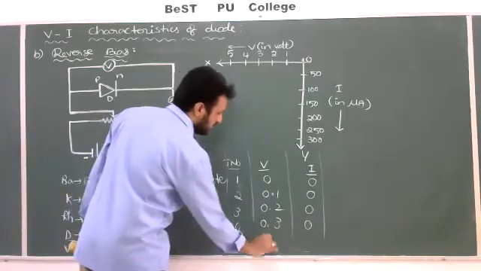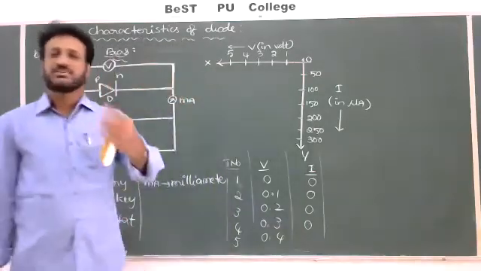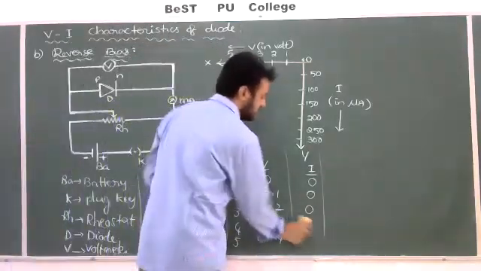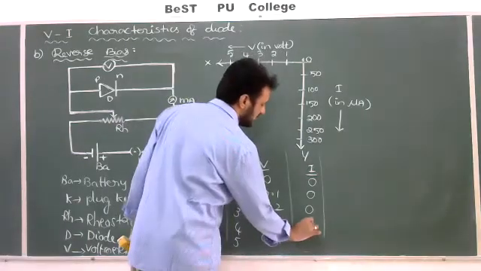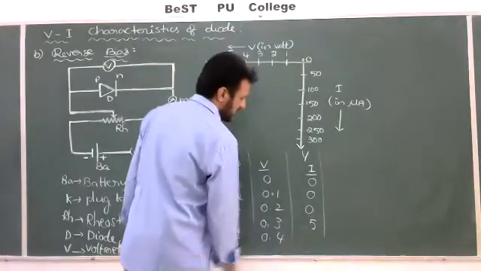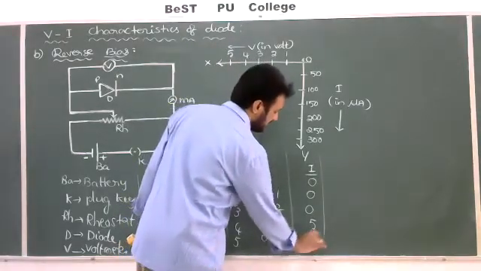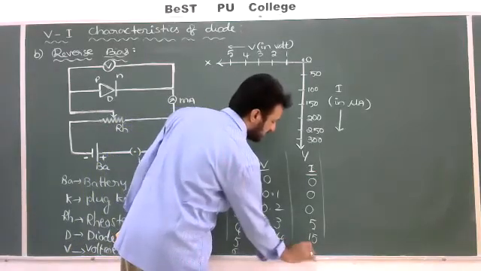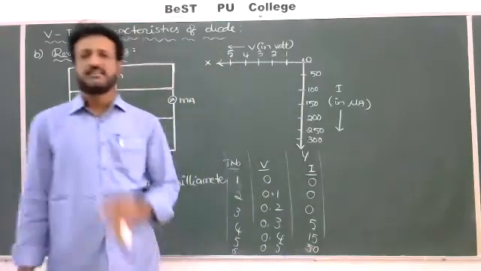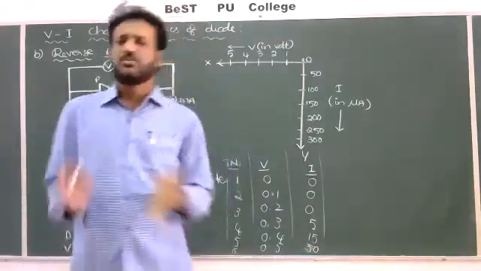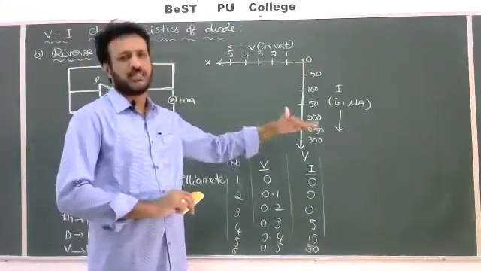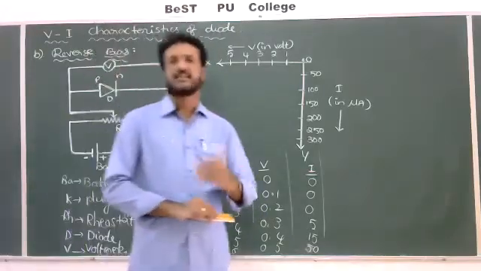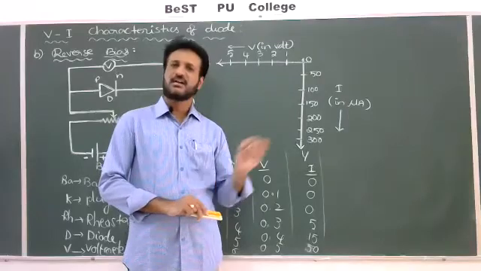Fifth one, 0.4 volt. As the voltage gradually increases, what will happen? The current, because of the minority carriers, will be a small current. For example, it is equal to 5 microampere. Next, it is equal to 15 microampere. Next, sixth one, 0.5 volt. It is equal to 20 or 50 microampere. So gradually the current increases a little bit, but there is not much variation. So a little bit will be flowing in the circuit. Why does a little current flow? Because of minority charge carriers. That is also called the leakage current or dark current.